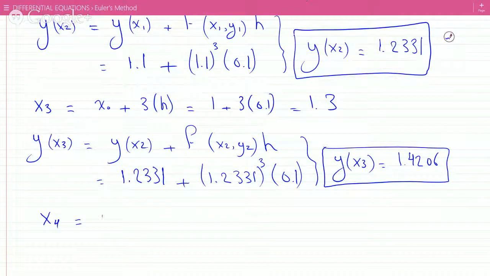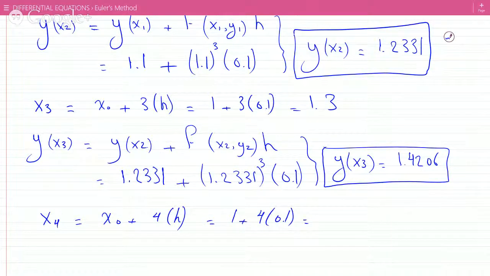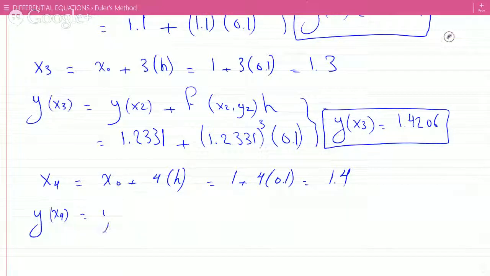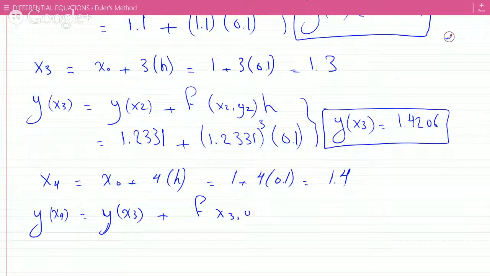So now we go to x4, which is x0 plus 4 times h. So that's 1 plus 4 times 0.1. So that's 1.4. Okay, and now we can find y of x4, which is equal to y of x3 plus f evaluated at x3, y3 times h. So that's y of x3, which is 1.4206 plus